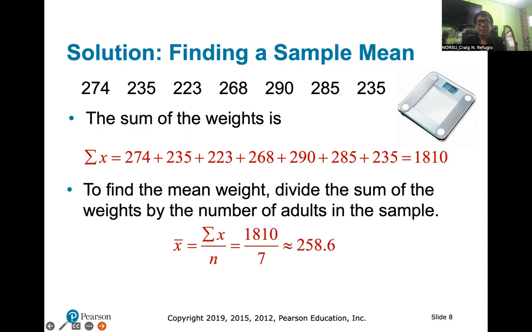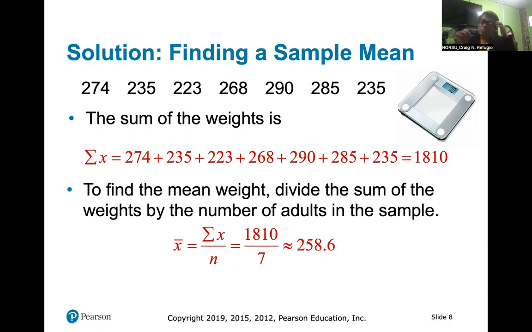Then since the data are taken from a sample, we make use of the formula x bar is equal to summation of x divided by small n. So we have 1,810 as summation of x, and our total number of samples is 7. So when we divide 1,810 by 7, we have a rounded off value of